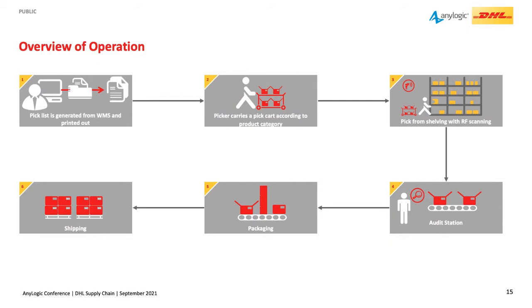So we employed the IDEA tool in one of the warehouses. Here is the case study where we will be comparing the IDEA grouping policy with the FCFS grouping policy in the cluster pick method. This is the overview of the operation in the warehouse. A pick list is generated and printed out. A picker carries this pick list. The pick list contains all the order information and all the location information where the picker has to visit. The picker will go to the shelving area, and move from location to location in order to get all the SKUs. After picking all the SKUs, he will go to the audit station, and then packaging and shipping will be done.